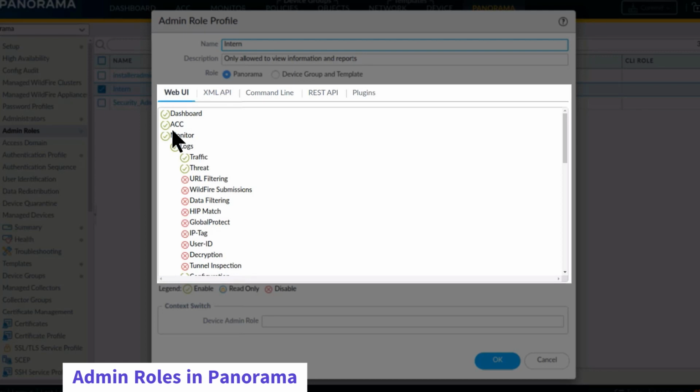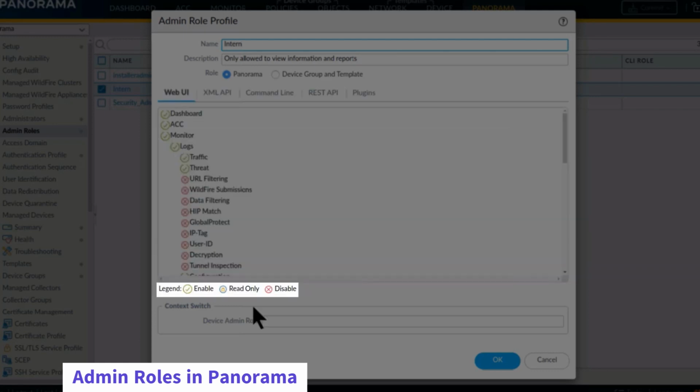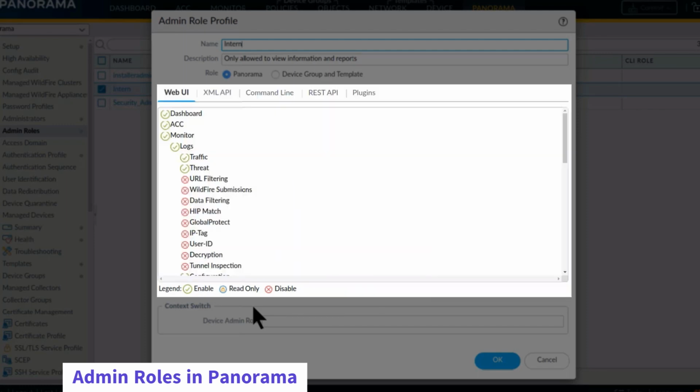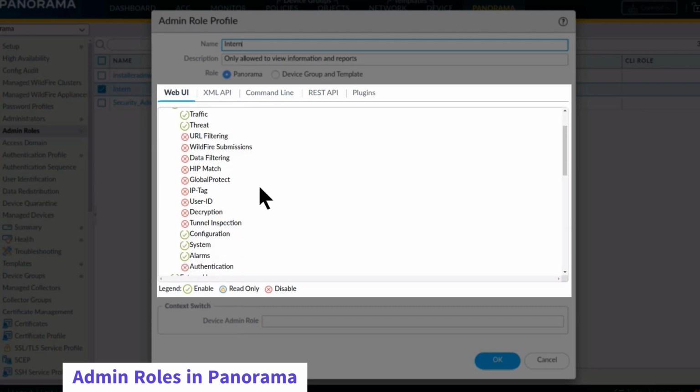Under the Web UI tab, I can set each of these listed items to enable, disable, or read only. The legend at the bottom here lets me know what each of these little icons represent. These items correspond to the tabs across the top of the Panorama Web UI as well as the items underneath them. So I can allow access to an entire tab like monitor,